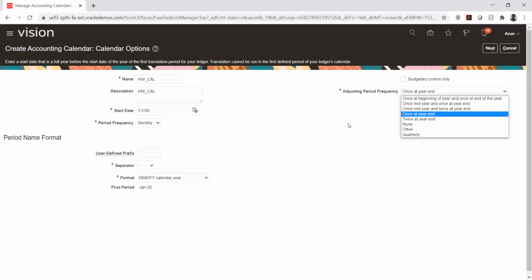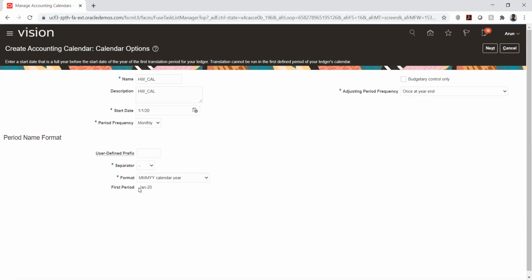An adjusting period is a kind of future period where I'll be able to enter journals but not post them. How do we want to manage those adjusting periods? I'll say just once at the year end.